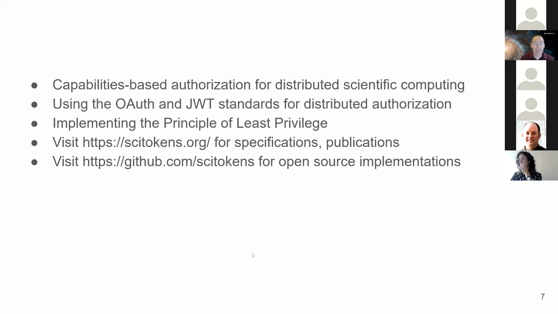files. So we're building on work in the SciTokens project, which demonstrated capabilities-based authorization for distributed scientific computing, using these OAuth and JWT standards to issue bearer tokens that have the capabilities to do the specific authorization, but issue these tokens in a way that you can do the authorization in a distributed fashion. At the large scale, it's not so centralized, and so we can scale it up for the distributed high throughput computing environments that we all rely on, and do it in a way that implements the principle of least privilege,